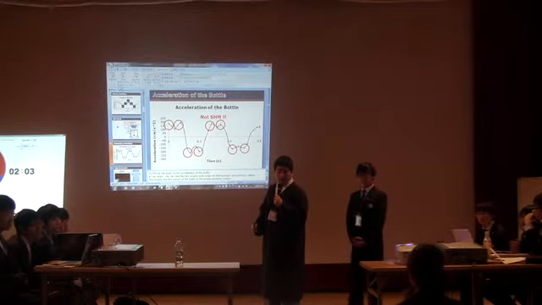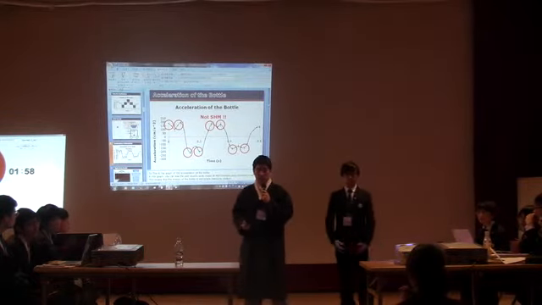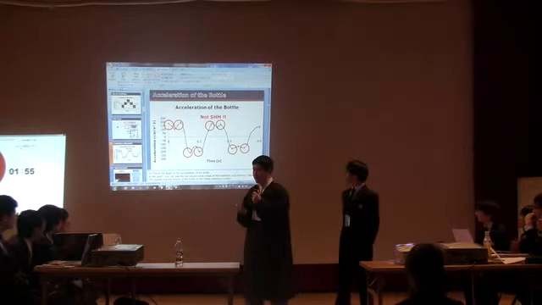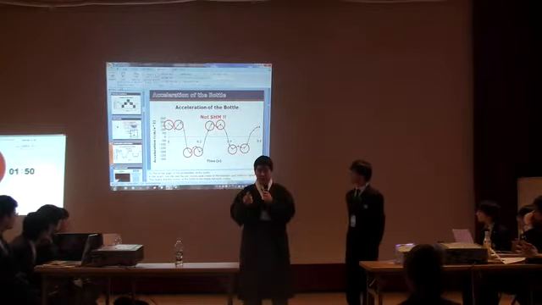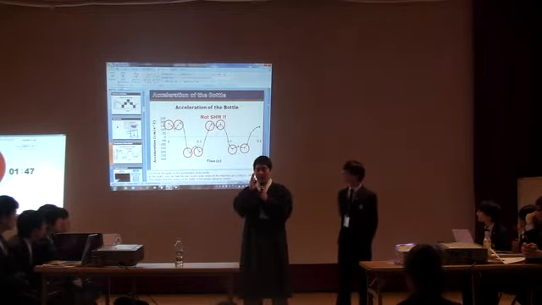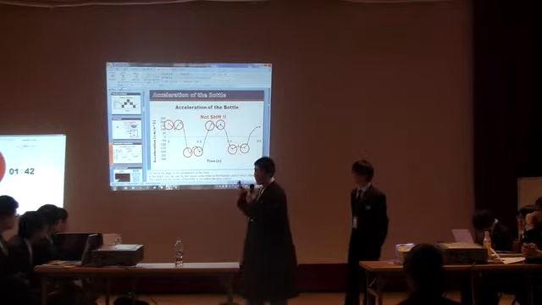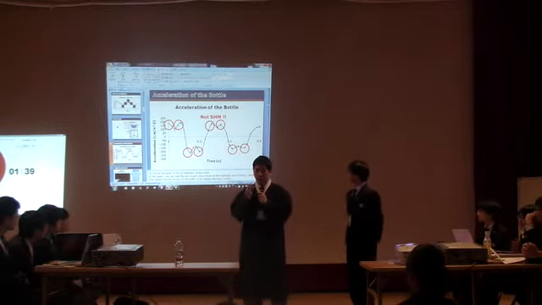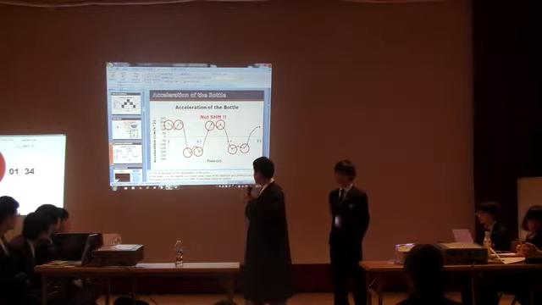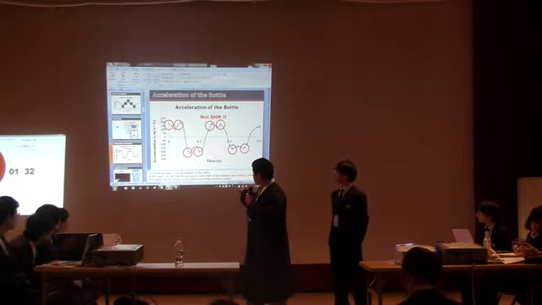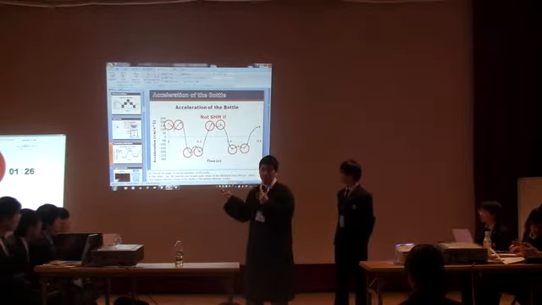Could you compare the case of simple harmonic motion and the rocking bottle in terms of the period of oscillation? In terms of the period, when you assume that the pendulum is simple harmonic motion, you assume that the angle of the motion is below about 5 degrees. In the rocking bottle, the initial angle is about 35 degrees, which can differ in period. Yet, as you can see in the pendulum, when the length of the pendulum increased, the period also increased. The same tendency was shown in the rocking bottle.